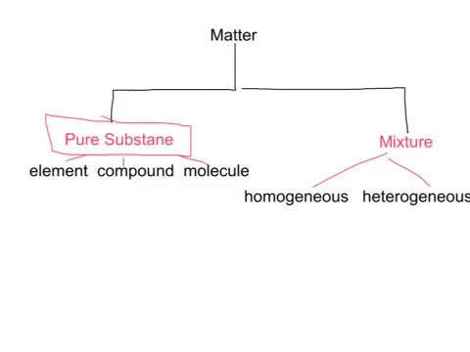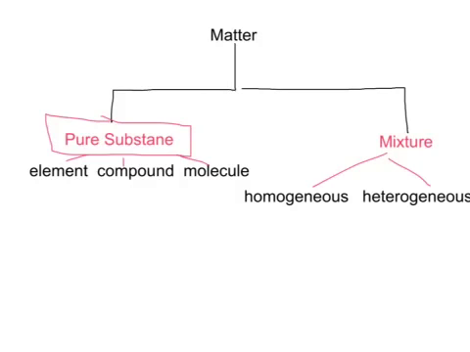So let's start with that first. A pure substance is a substance that is the same throughout. It's very consistent. So all the elements on the periodic table, for example, copper, when you cut it in half, is made up of copper atoms. It's all the same throughout. A compound is something like water. It has two hydrogens and one oxygen bonded. And when you look at a sample of water, it is consistently H2O, H2O, H2O all throughout. So a compound is also a pure substance.